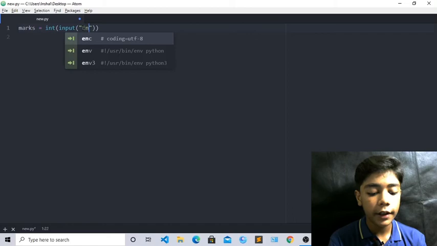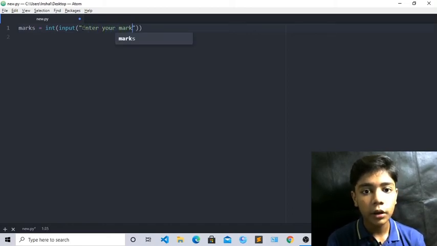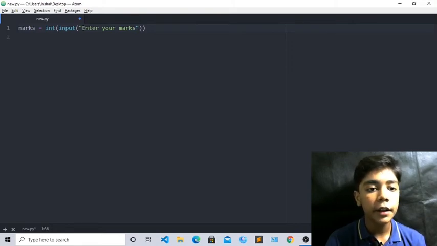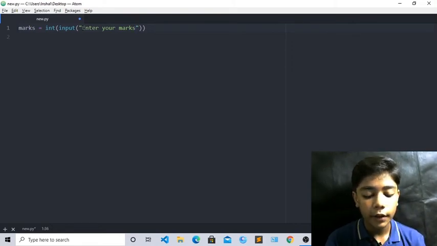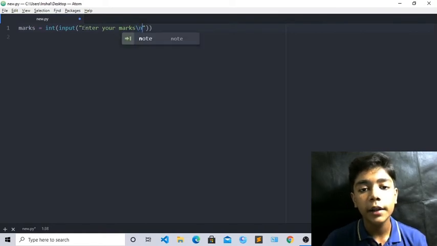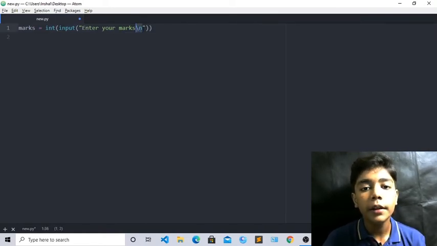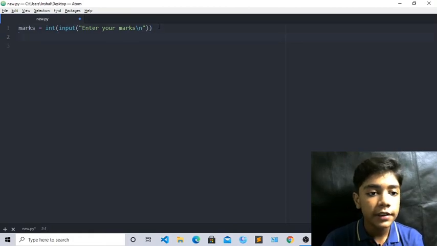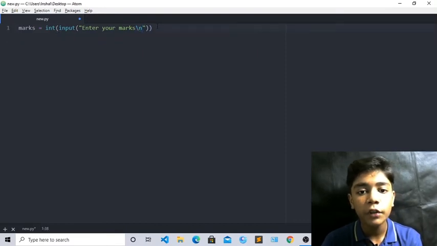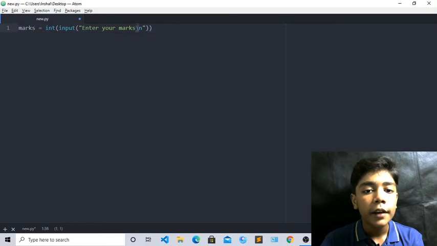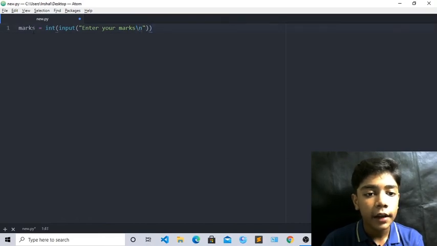Now when you have written this init input, in the input tag we will write enter your marks. Because when we enter your marks, we can see what marks it got and we can get the grade with the help of it. Now we will write \n here. I hope you remember what this \n is. We have learned about that many times, because this \n is like when you press enter, you are on the second line. So this \n is the enter of Python. So when we write the answer, it will be written on the second line. I will show you.